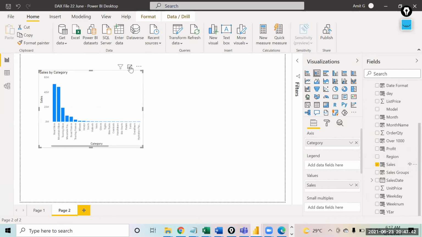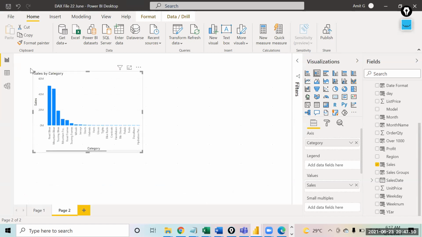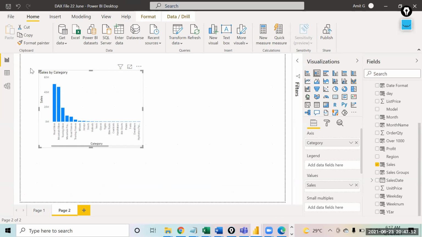For each category, you can see the total sales: total sales for bikes, total sales for mountain bikes. So you are able to see the total sales generated for all the categories. There is a calculation that has happened, right? That calculation is the sum of sales. Will you all agree to it?